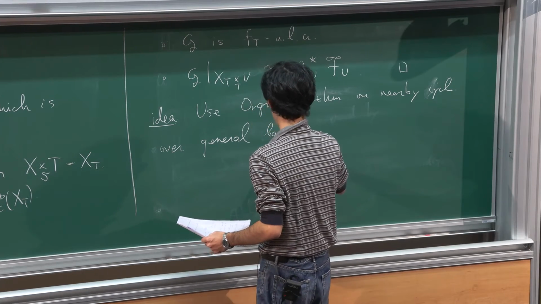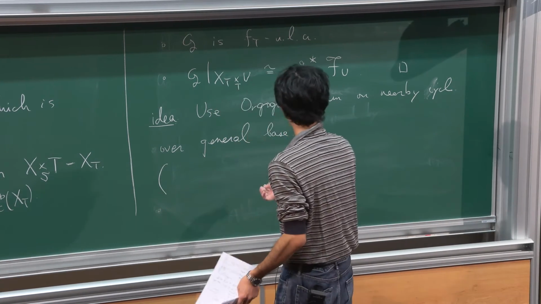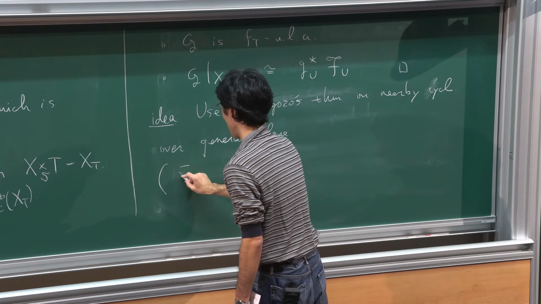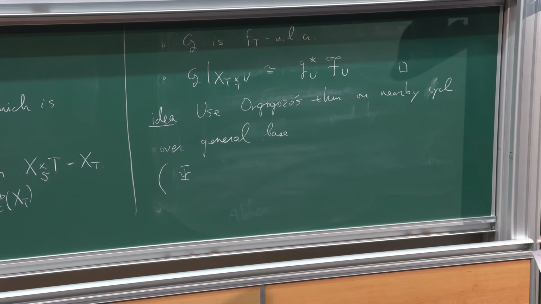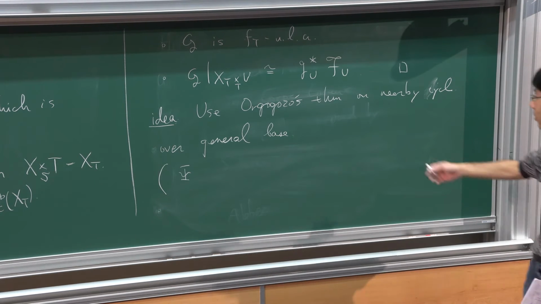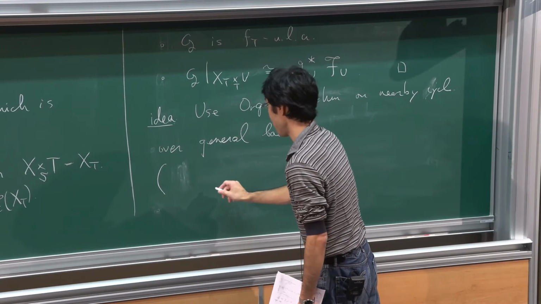There's a notion of nearby cycle for general base, and one of the most important properties is that this nearby cycle commutes with base change. There are two Orgogo theorems that I'm using. One is that